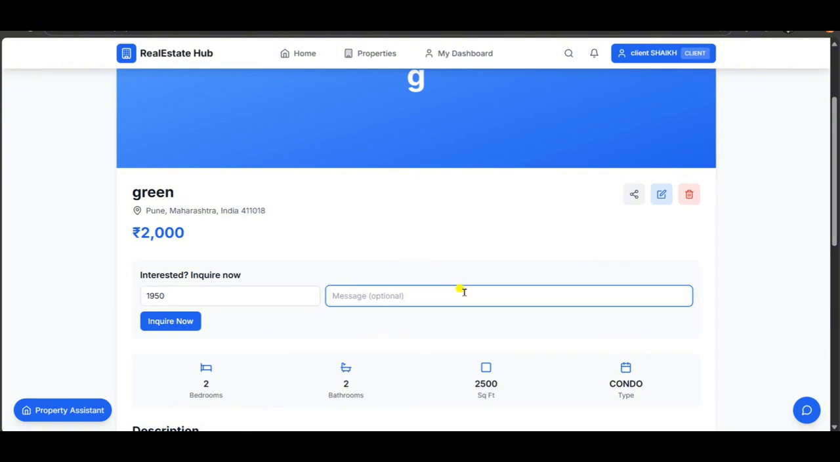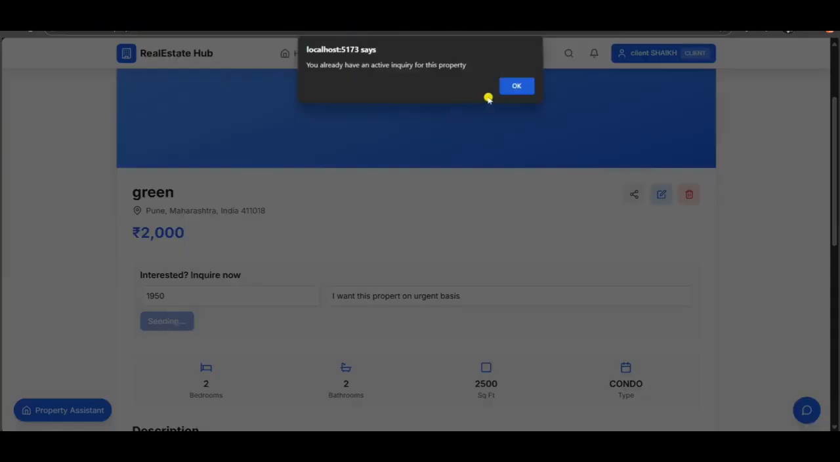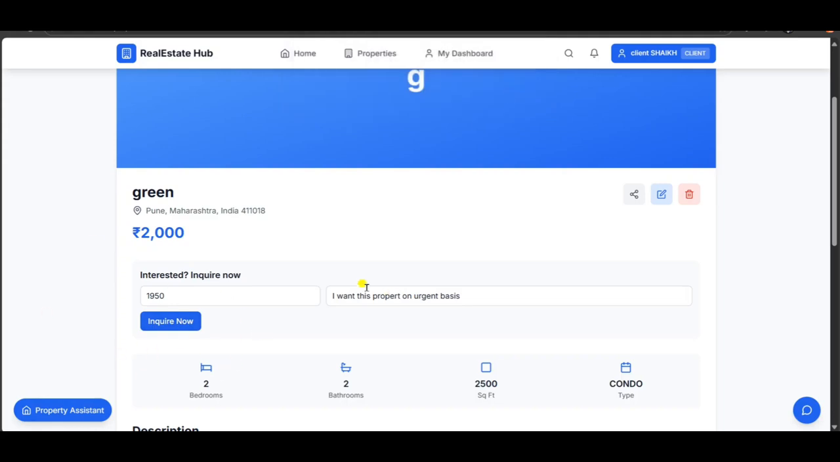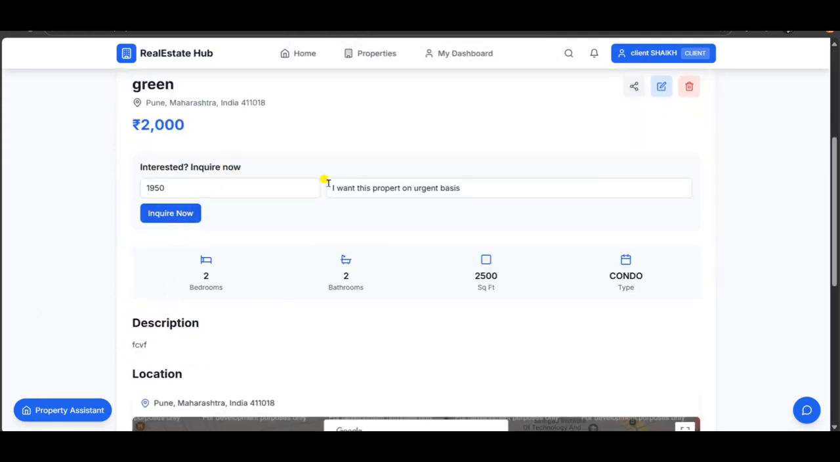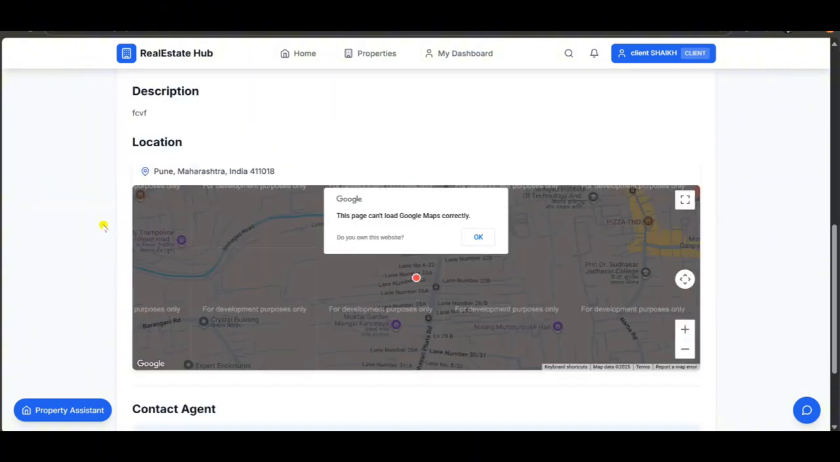So let's offer a 1950 price. At 1950, what we will do here, I want this property on an urgent basis. So I want to make an inquiry. Okay, and I'm offering a good price, and okay, the inquiry is successful, guys. And after the inquiry is successful, we can